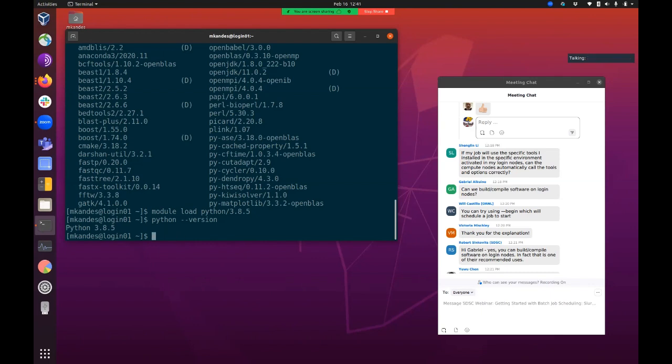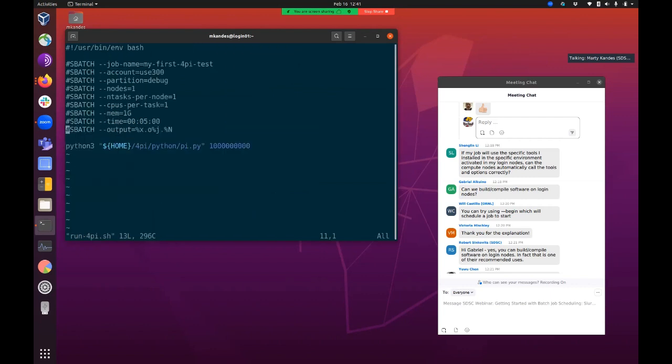And that's the same thing you would do in your batch scripts. So if I did a module load GCC 10.2 and module load Python 3.8.5, this is another way that I would modify my batch script here to get a new software environment to run the same code, right? Now, this is a pretty simple change. Moving from one version of Python to the next, there's not going to be a big difference in how you execute it. But depending on what code you're trying to run or the code that you're compiling,